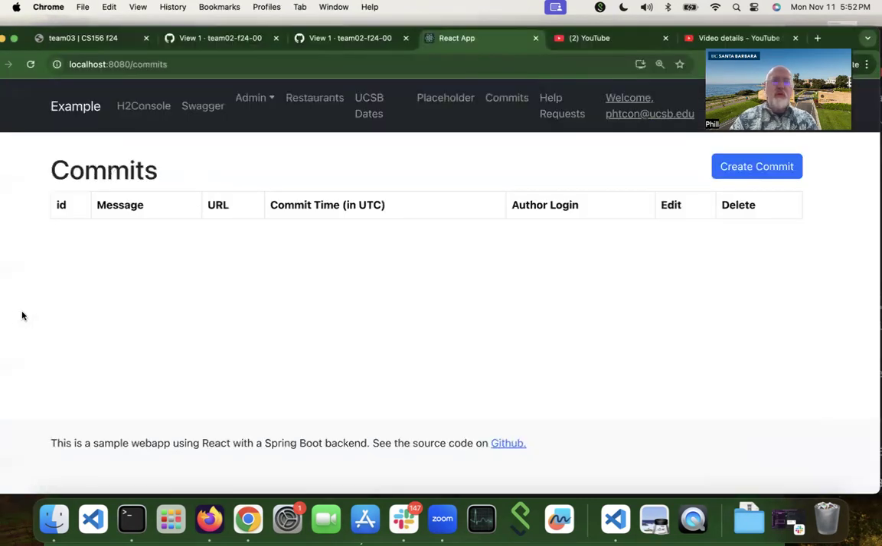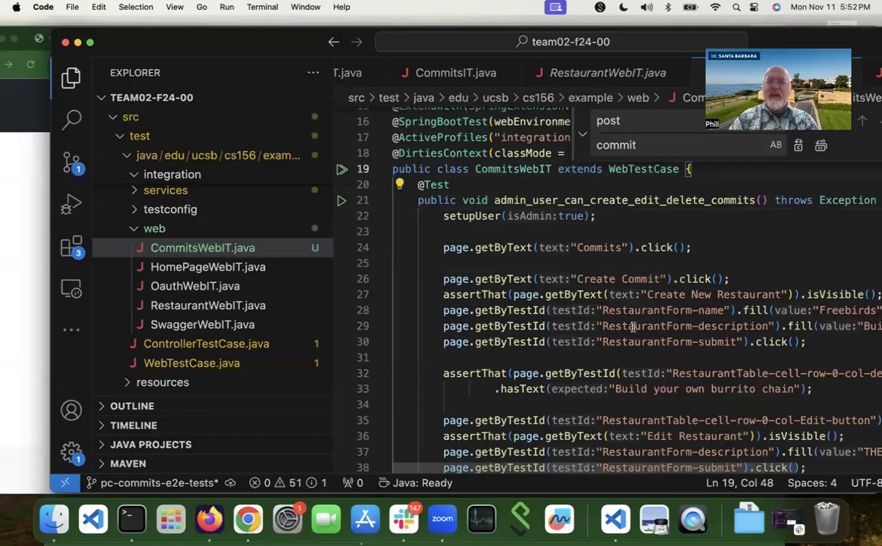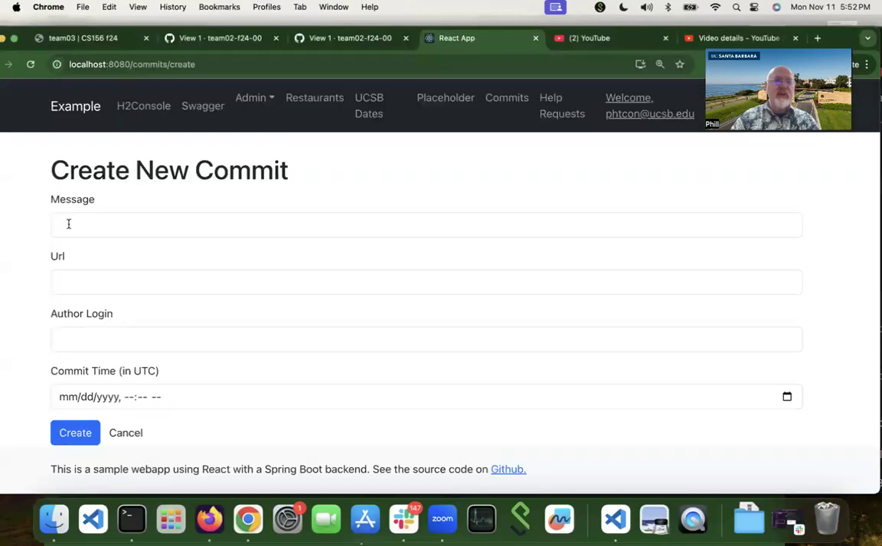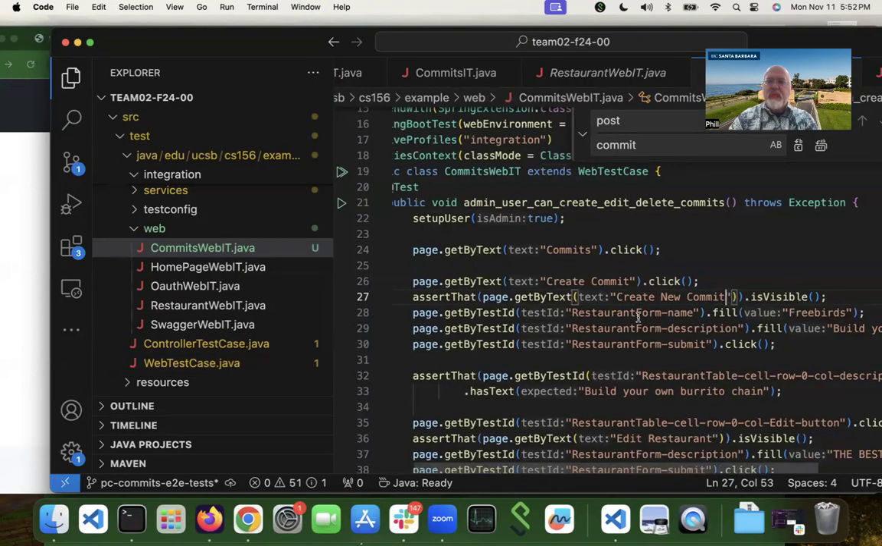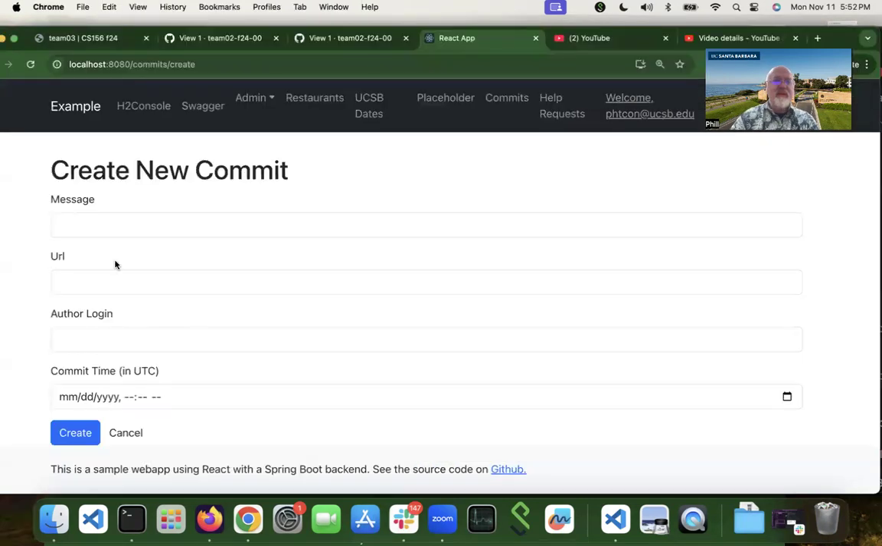And then I'm going to assert after I click create commit that the page I land on has create new commit, because it should, right? There's create new commit, and then message, URL, author, and commit time. Need to fill all of these in. So here is where I have some choices. Page.getByTestID